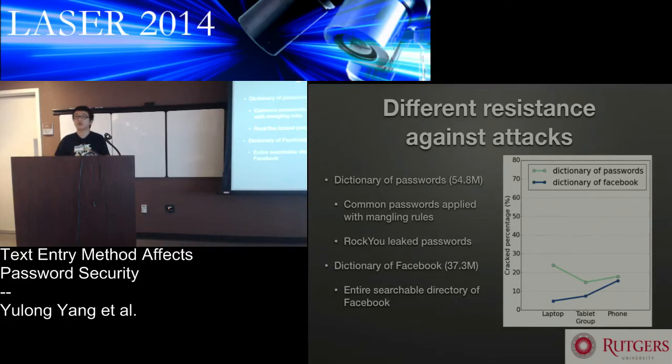the smartphone group. The second attack is using a dictionary of Facebook, which contains the entire searchable directory of Facebook. This is made publicly available by Facebook itself. Basically, it's a bunch of names of people and organizations on Facebook that they made themselves searchable in the privacy configurations. So with this, a bunch of real actual names and phrases, this attack performed the best on